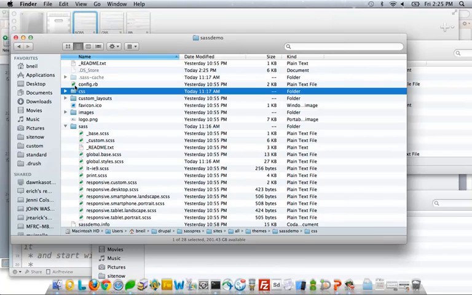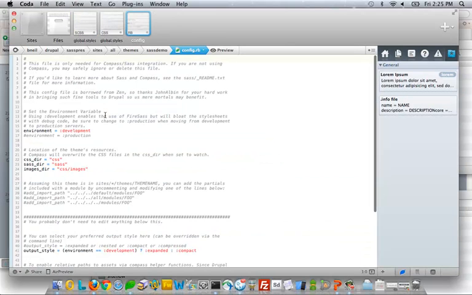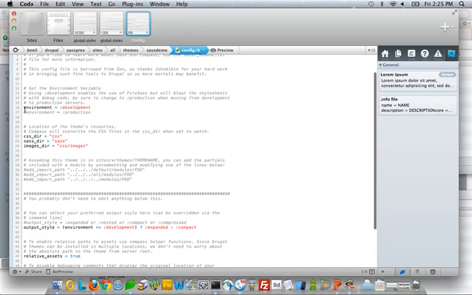And so looking at the config.rb file, like I said, there's a lot of documentation in here, but there's also a lot of things you can set. There's an environment variable that you can swap in and out with production here. There's some debug information that gets written into your CSS while you're developing, which lets you use, are most of you familiar with Firebug? There's a Fire Sass plugin, which if you were previewing